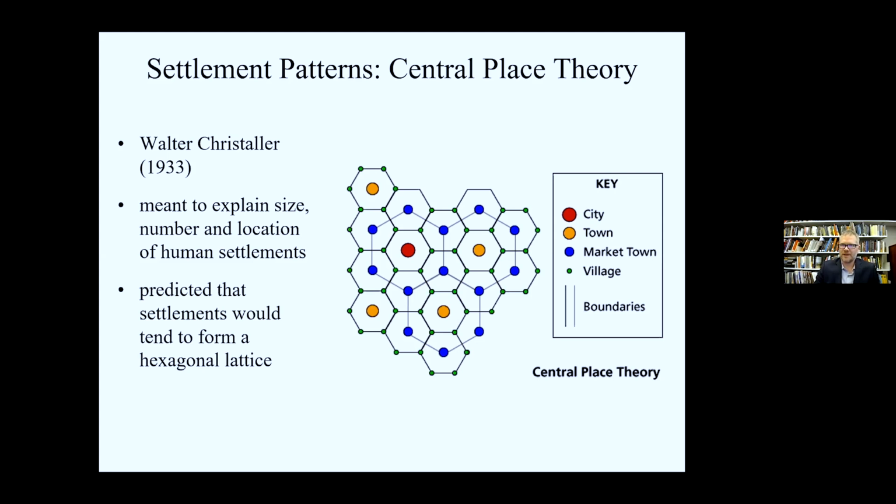work here. Some of this dates back to central place theory. So even in the 1930s, a geographer named Walter Christaller was looking at human geography and trying to explain the number, location, and size of human settlements. He predicted that human settlements in an otherwise flat and homogeneous landscape would tend to form a hexagonal lattice work. And so you'd have cities, towns, market towns, and villages laid out in a hexagonal